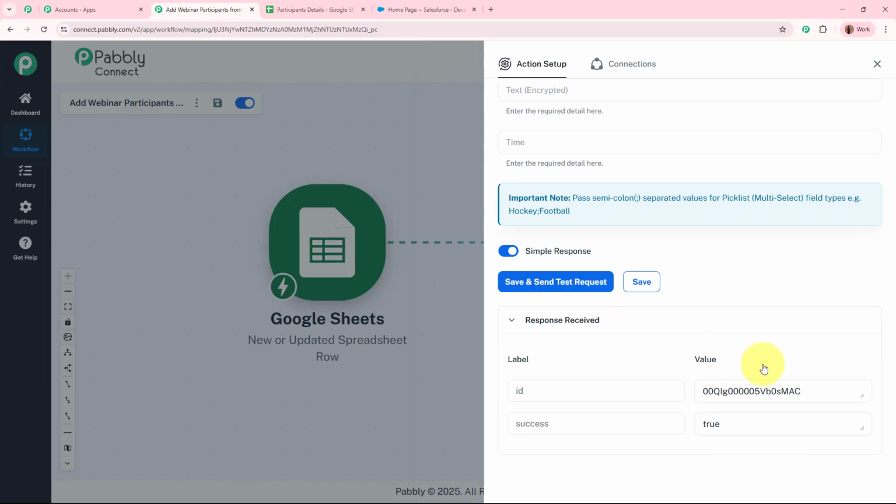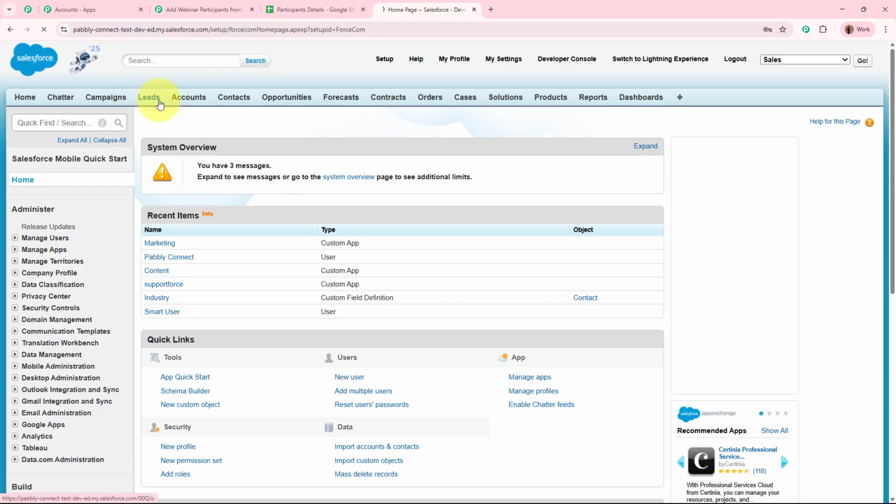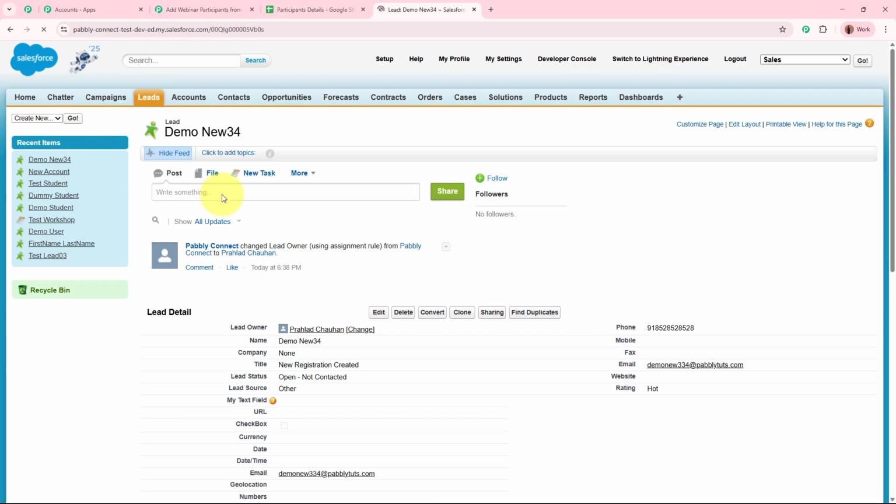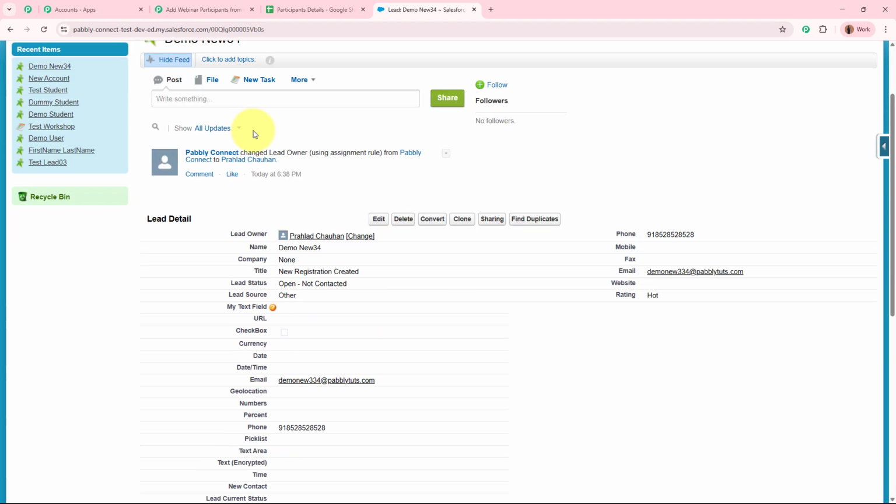As I do that, I have received a response in which I've received the ID, which is a positive response. So if I open my Salesforce account and the lead section from here, you can see in the recent items, this new lead has been added in my Salesforce account in the name of demo new 34. Okay. If I scroll down, you can see this was the mobile number. Email is demo new